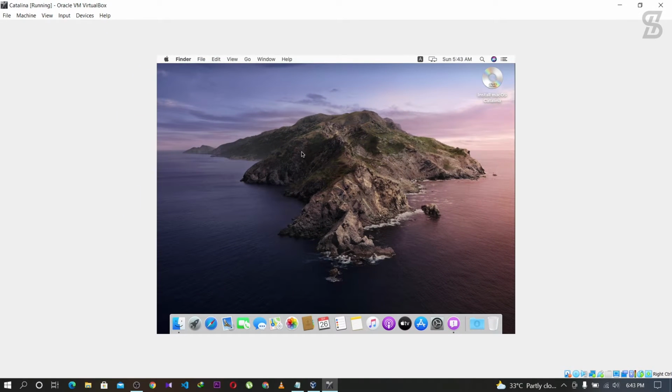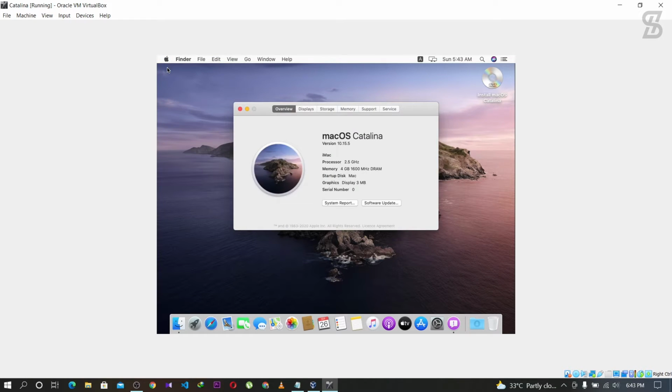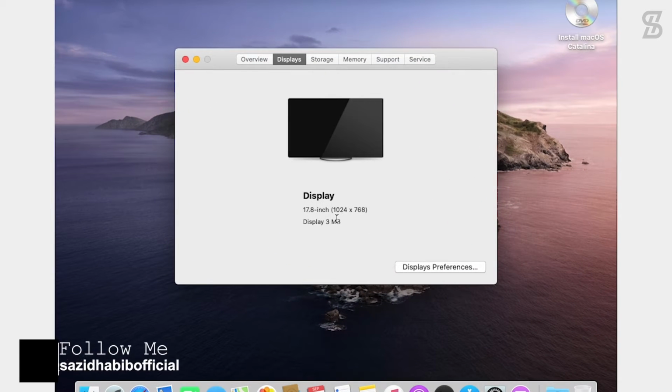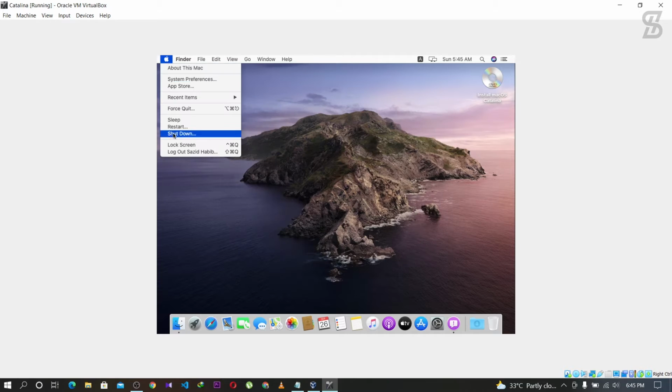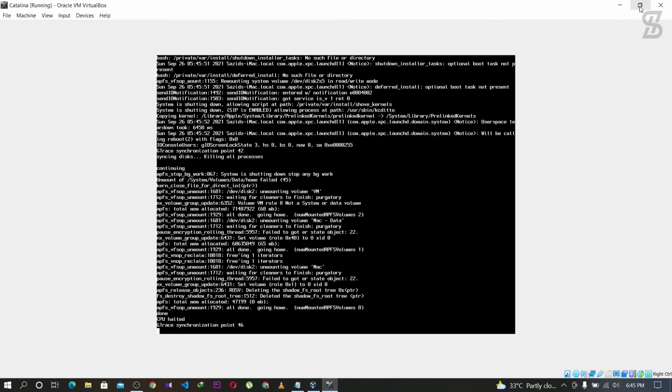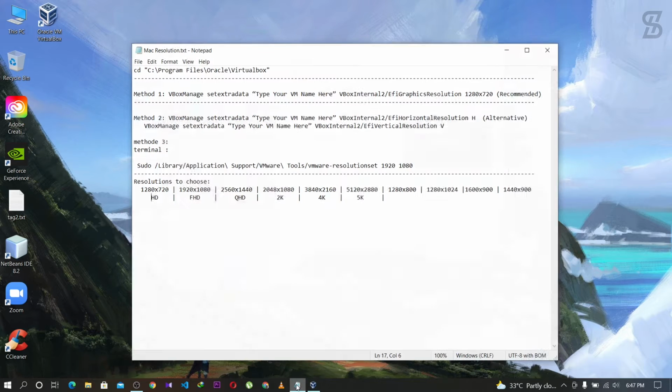So let's start. As you can see, if we go to the Mac icon and select About This Mac and go to the Display section, you can see the display resolution, which is 1024 by 768. So to full screen your macOS Catalina, first you need to shut down your macOS Catalina and open this text file, which is named